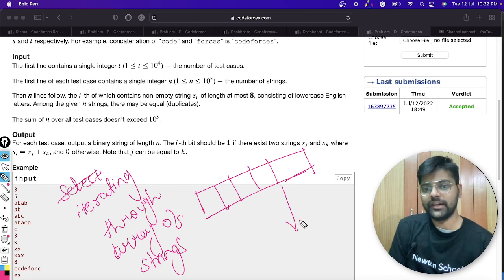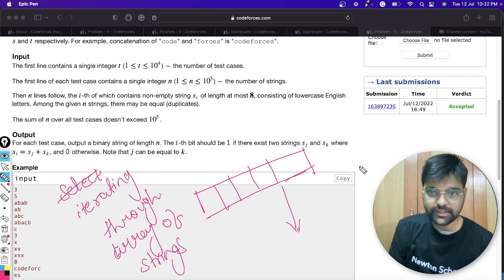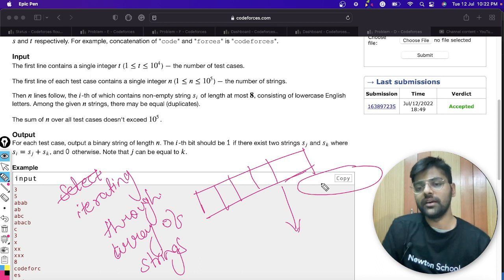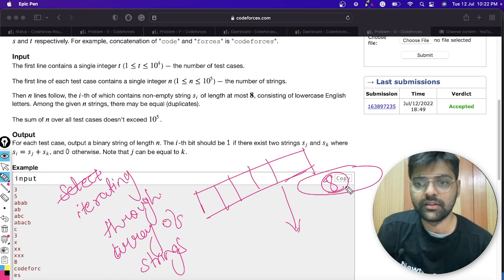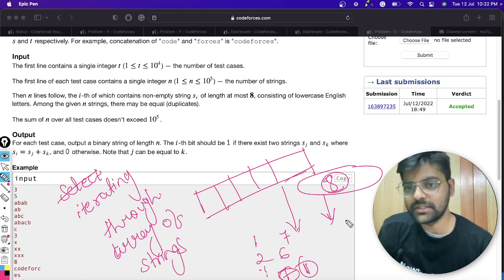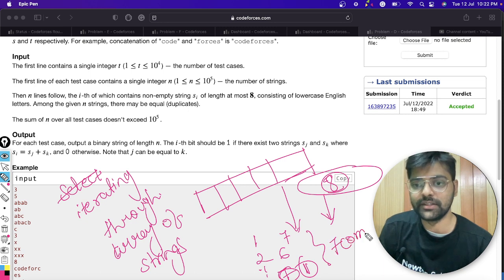We'll iterate from start to end, and it is given that the maximum string size is 8, right? So at max how many splits can we get? Let's say 1 and 7, 2 and 6, finally 7 and 1. How many combinations of substrings will we get? 8 or 7 combinations, right? 7 combinations.